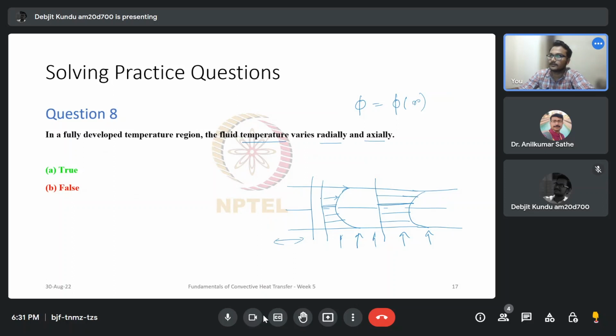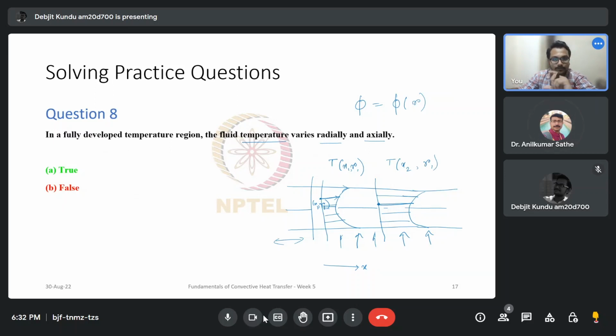Let's say at any particular location, x1 comma r1, we know t at x1 comma r1, and it has traveled a bit downstream, this being the x direction, and we consider this location, t at x2 but r1 only,